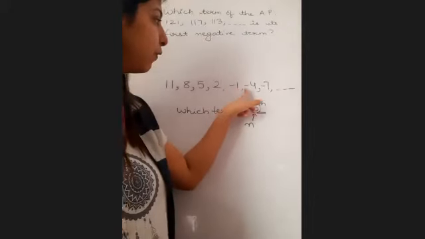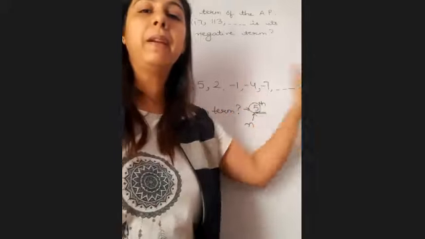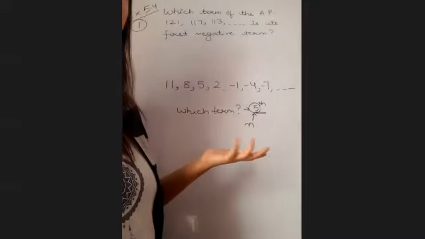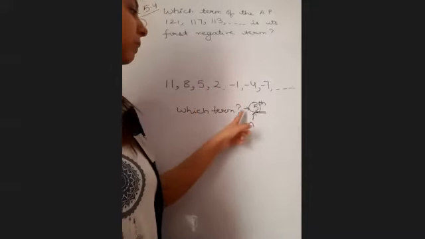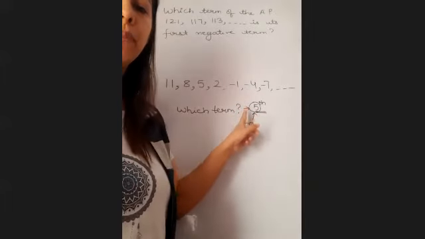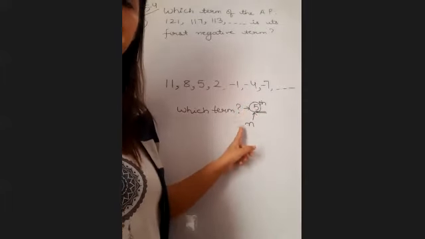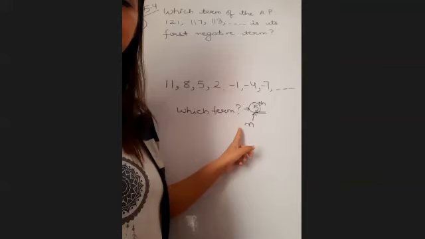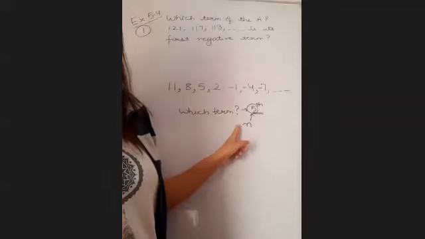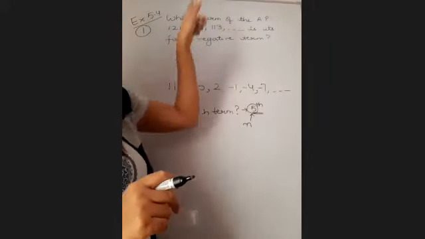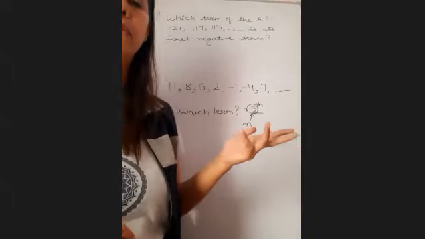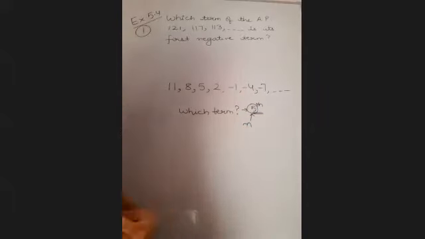Obviously, after fifth term, all the other terms will be negative as well. But my question was, which is the first negative term? So the first negative term is fifth term, and in fifth term the answer is n. Clear? तो अब मुझे क्या करना है? I have to take care of this. So in here also I have to find which term. Which term means we have to find value of which variable, beta? N.